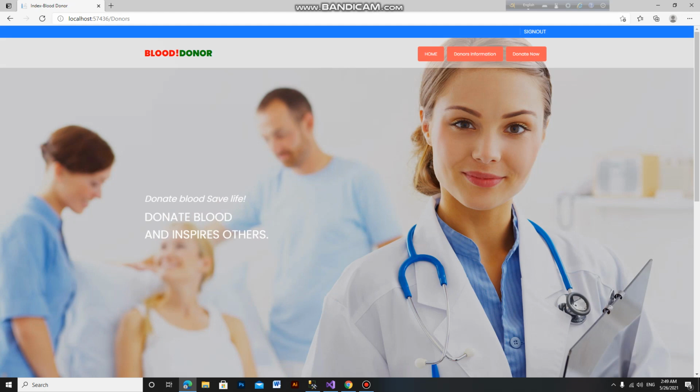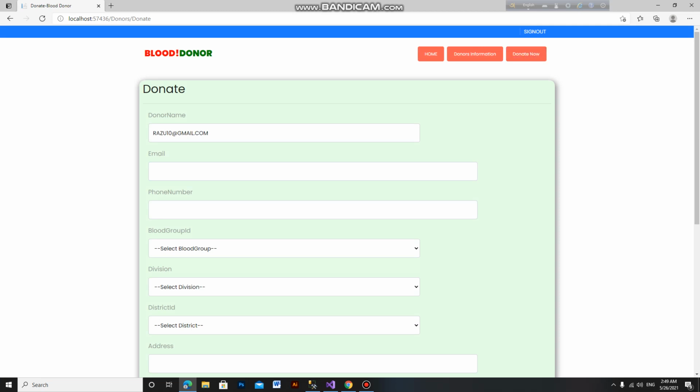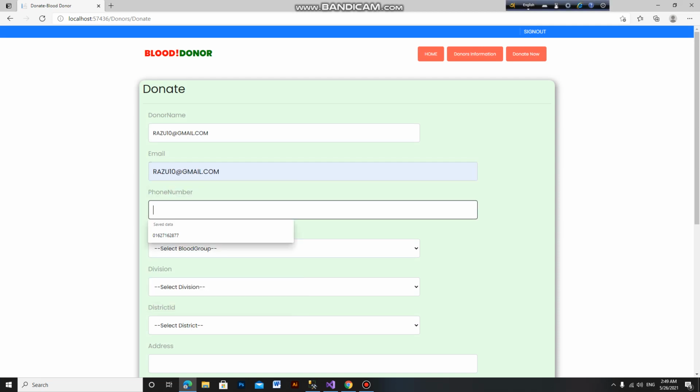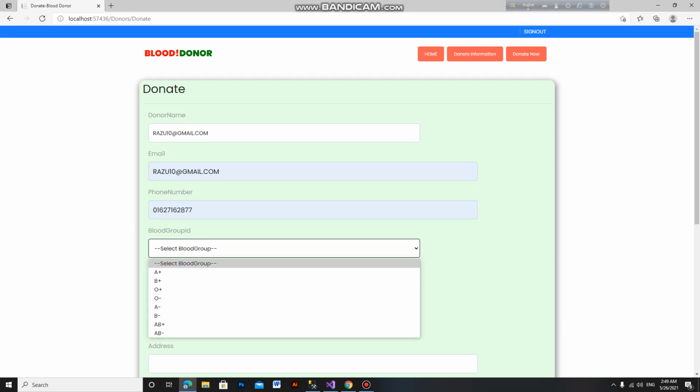So now I can show donate blood. First of all he clicks donate now. The donor name is already input here. The donor inputs their email and their number and selects the blood group he donates, AB positive.